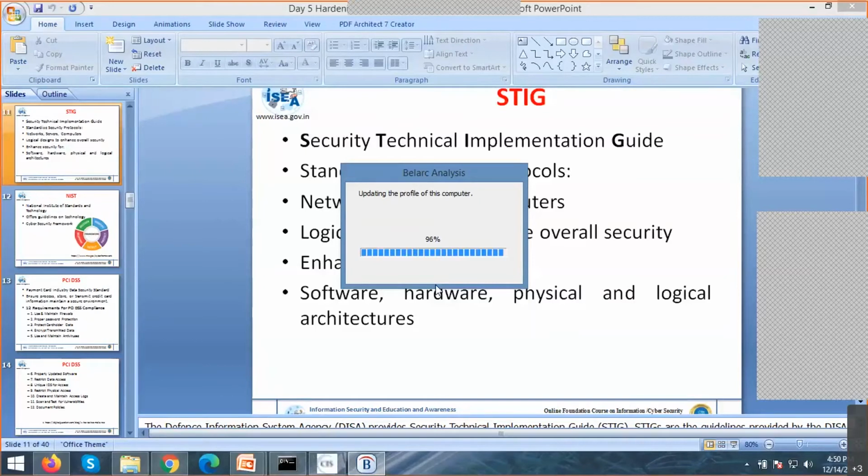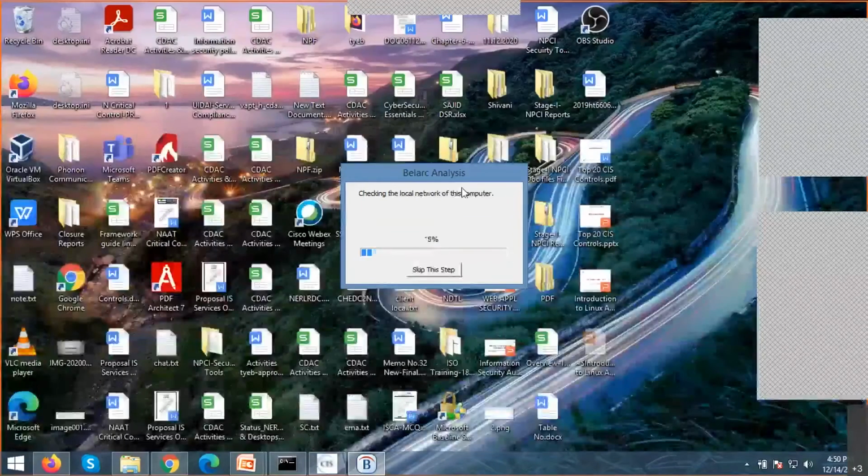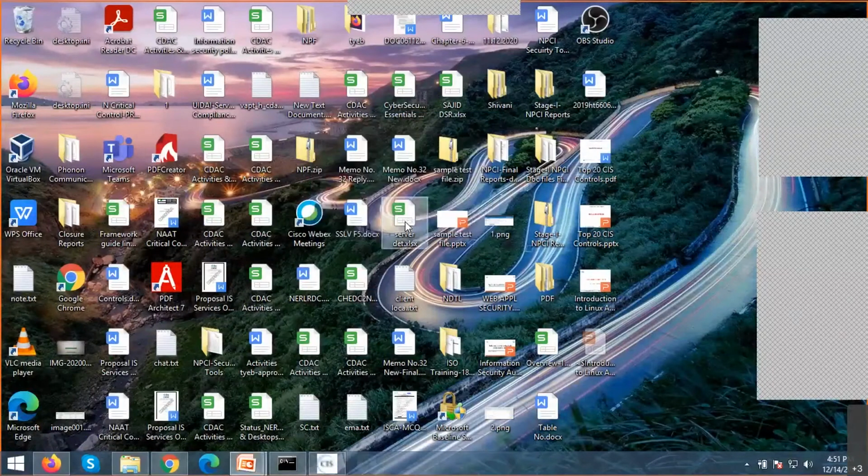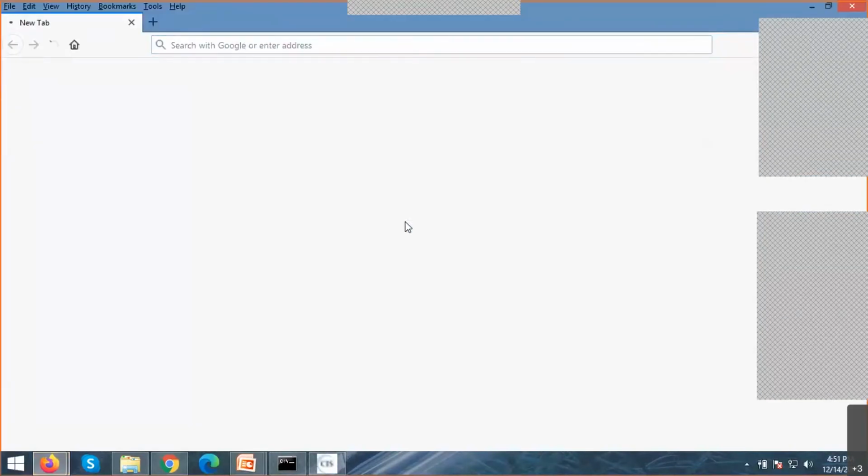Let me show you the result of this tool so that you get a very good idea. When these steps come, please skip the network step, because it scans your complete network and takes some time.